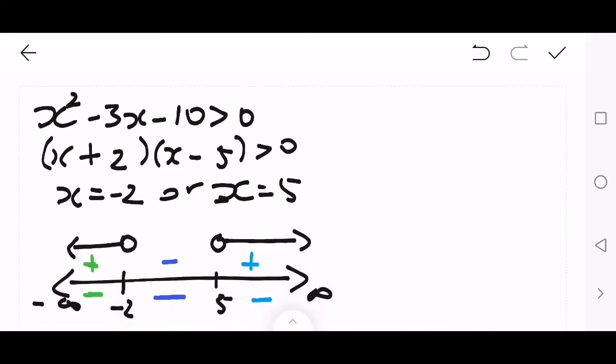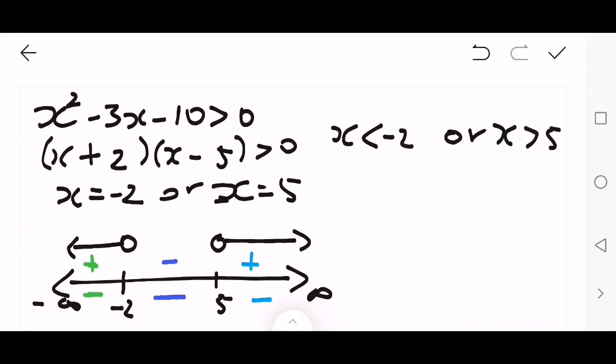So you can say x is less than minus 2, or x is greater than 5. So both of these ways are good to present a solution,